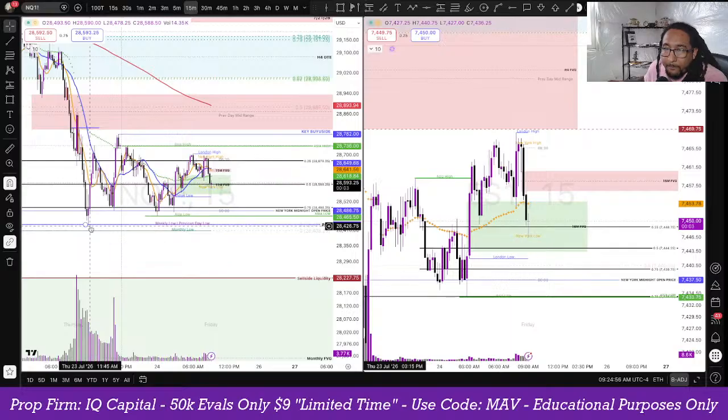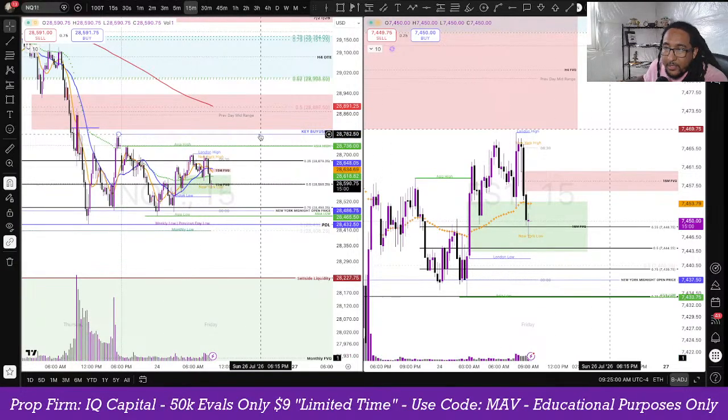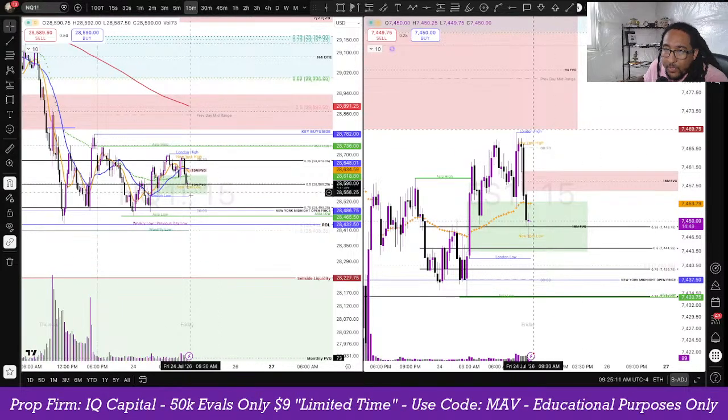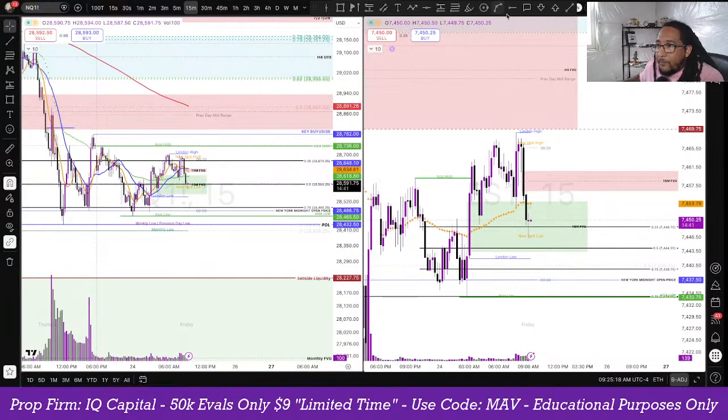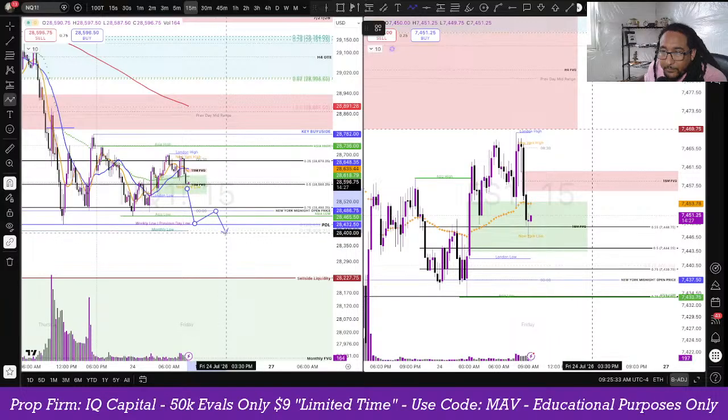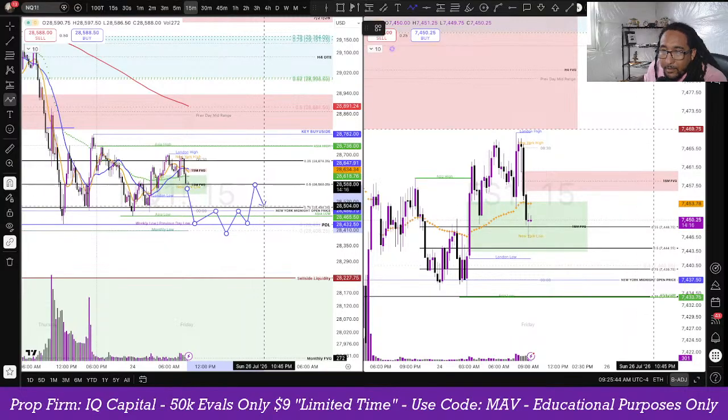So, as of now, this will be considered exterior key buy side liquidity. So if we sweep that, tap into that 4-hour bearish fair value gap, it would be high probability for lower prices. If we sweep lower first, maybe sweep Asia, come back up for a small pullback. So if we go down here, maybe sweep Asia, come up, bounce off of the midnight open, come back down, sweep prior day lows, and come back up, bounce off of New York open, come back up, and then work our way up. That's maybe what the day would look like